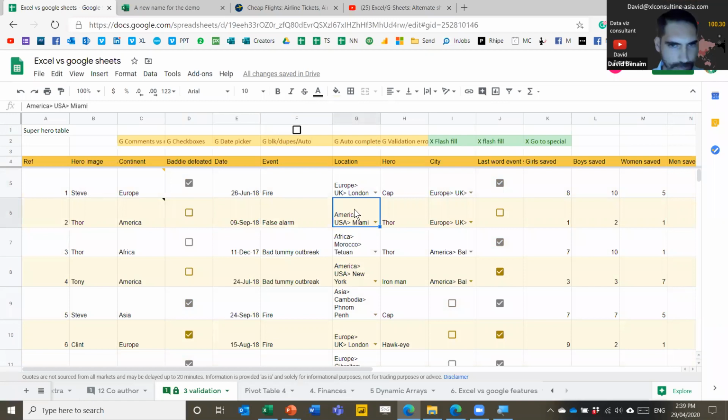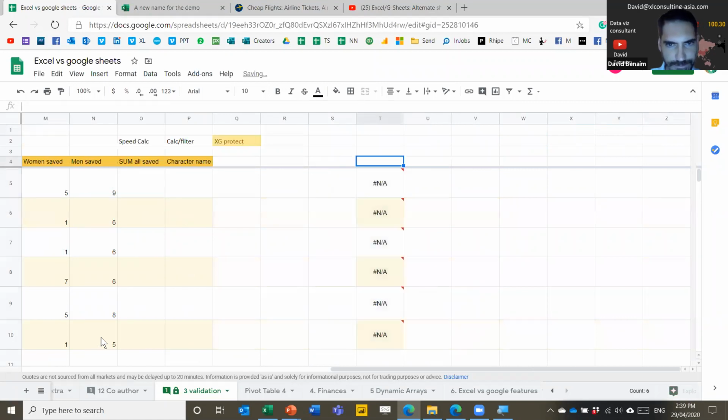Also, if you have a list, I'm going to do this one, just set it up like this. So I'm just going to do a few names here and put that over there. Just the names.